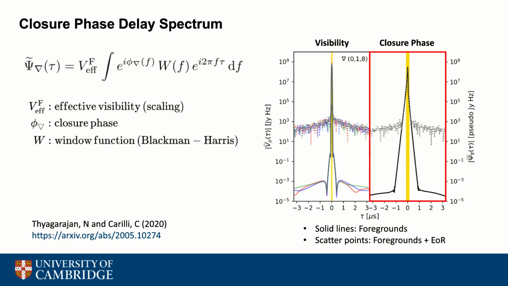Remarkably, the closure phase delay spectrum looks very similar to the visibility delay spectrum. The EOR also separates out at high delay modes, and the dynamic range is very similar. The main difference is that the foreground region is a lot broader. And the reason for that is that the complex exponential of the closure phase translates to a triple convolution in delay space, which effectively broadens our foreground region and mixes k modes. So we see there is a disadvantage of this approach. Nevertheless, there is a wide delay region in which we can separate the EOR signal from the foregrounds.